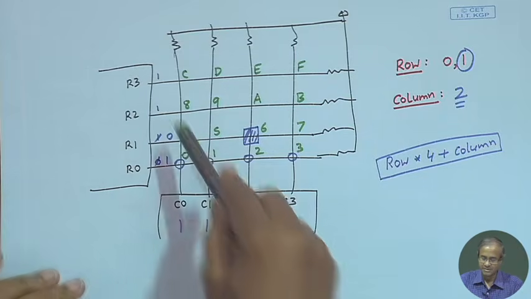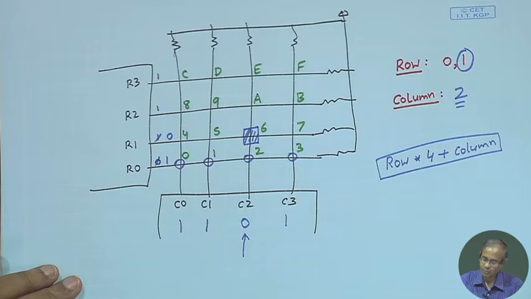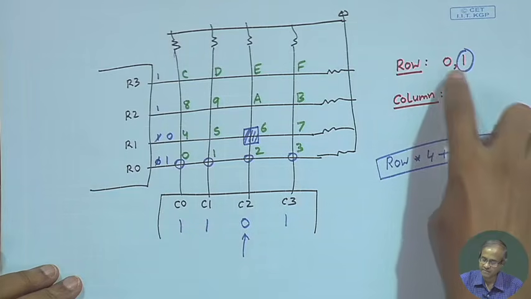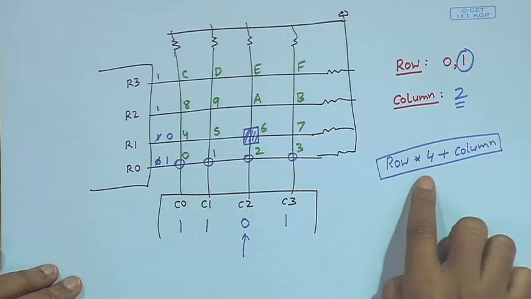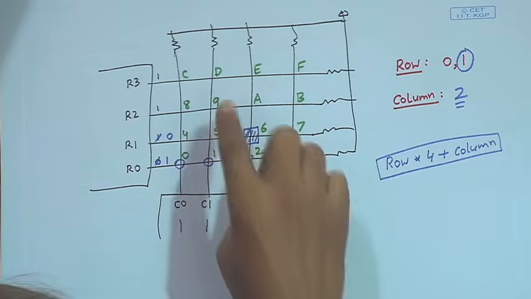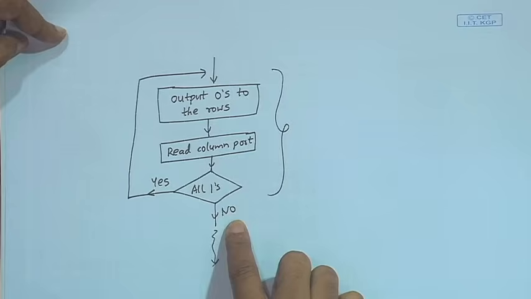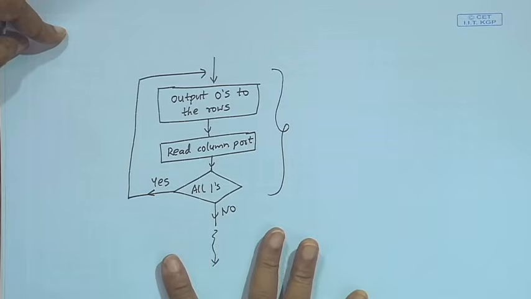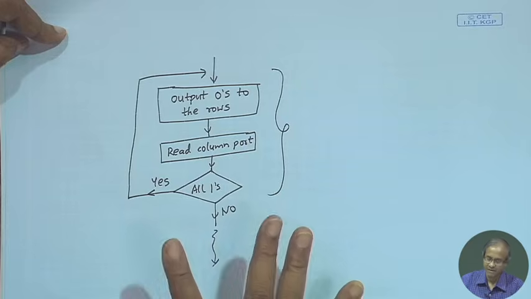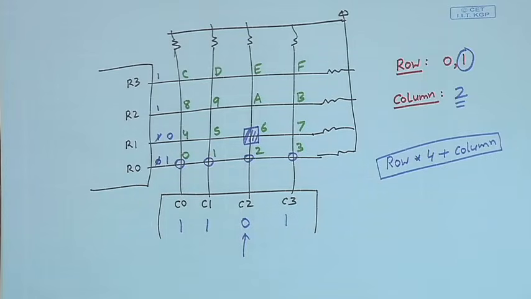So, you see, using this kind of keyboard scanning method, we can identify both the rows and columns, and once you have identified both the rows and columns, then we can identify which key has been pressed. But before you start this process, you have to first check whether a key has been pressed or not. If the key has been pressed, then you move on to the keyboard scanning, right. This is actually how the thing works.